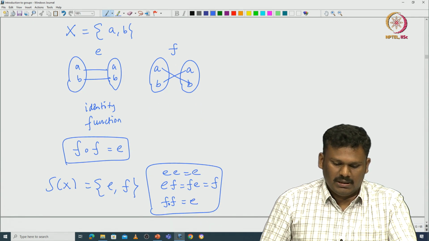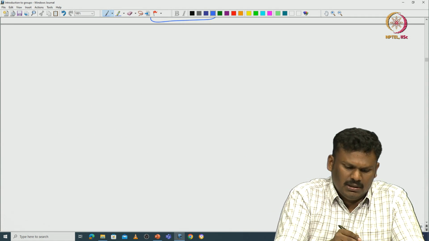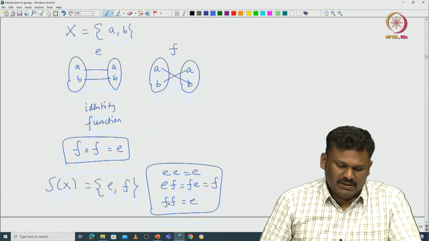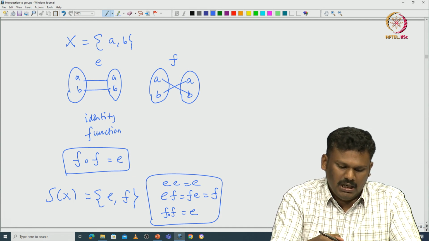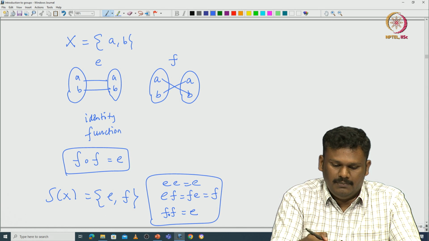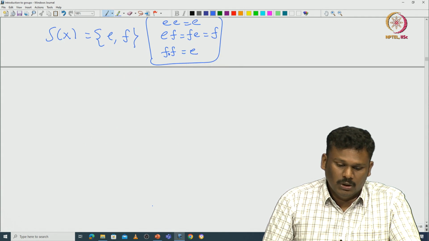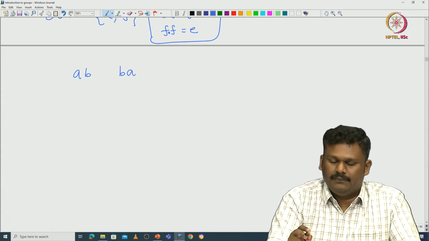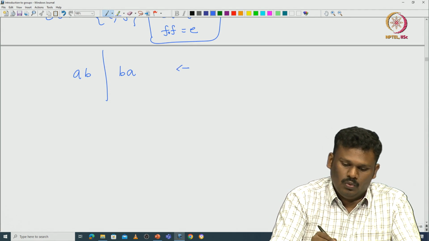Okay. So, this is also something where you can use what is called word language to express. For example, we are looking for all possible rearrangements of ab. Okay. So, if you think about it, mapping a to a, b to b is keeping ab as it is. Mapping a to b, b to a is just switching ab to ba. Okay. So, that means in one word language you can write it as ab and then ba. So, these are all the possibilities. So, this is called one word notation.